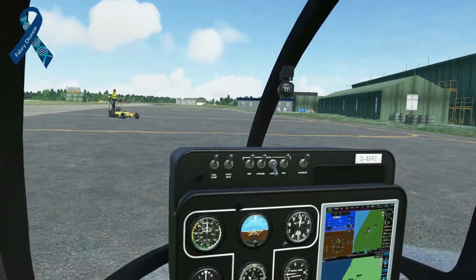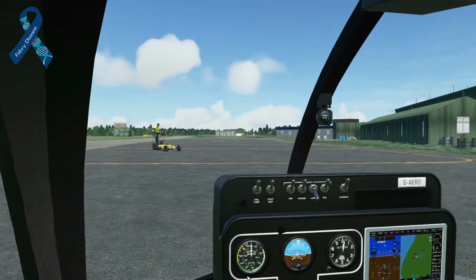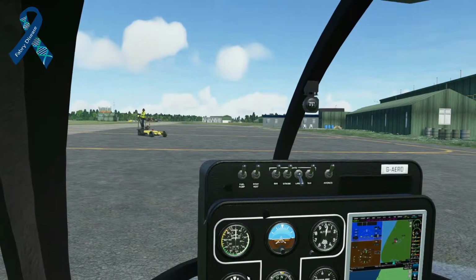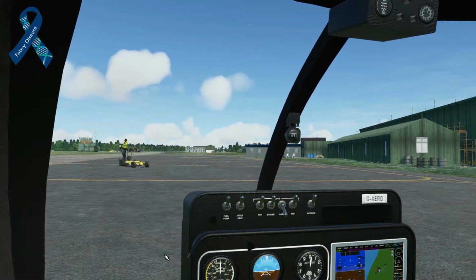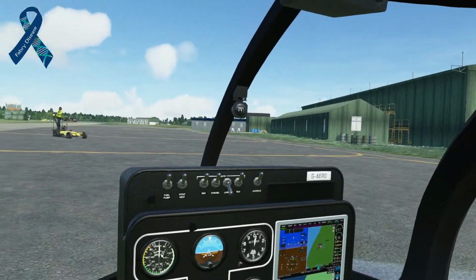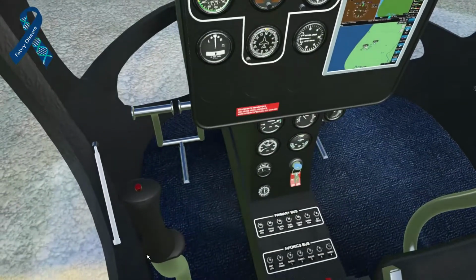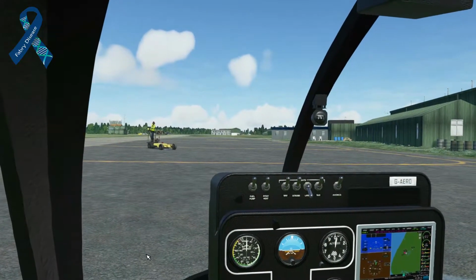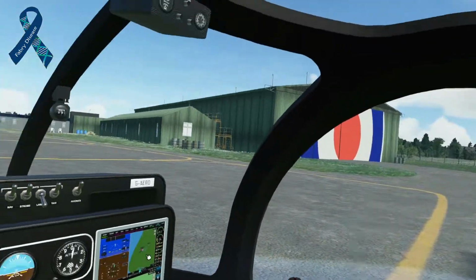Okay, and just to give you a taste of what it's like when you start off in the actual aircraft and start up for the first time, this guy over here decides to invite himself into the cockpit and give you a pushback, which I find unusual for a GA aircraft, but that's been included, and very strange to watch. So what I've done is I've started up previous, let him do what he's got to do, and then I've started up here, and we're at Woodvale,